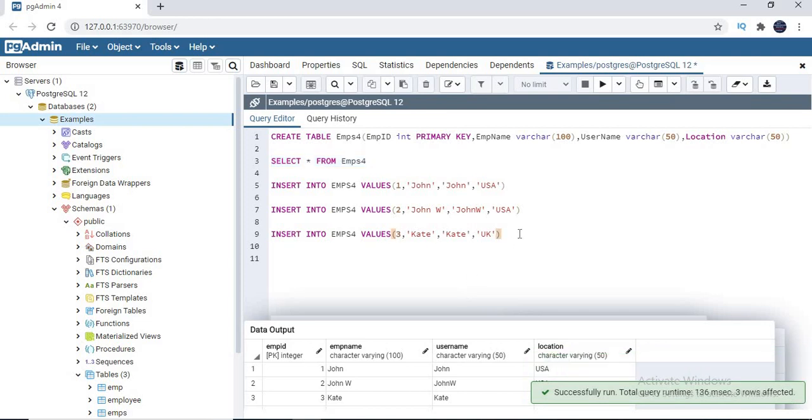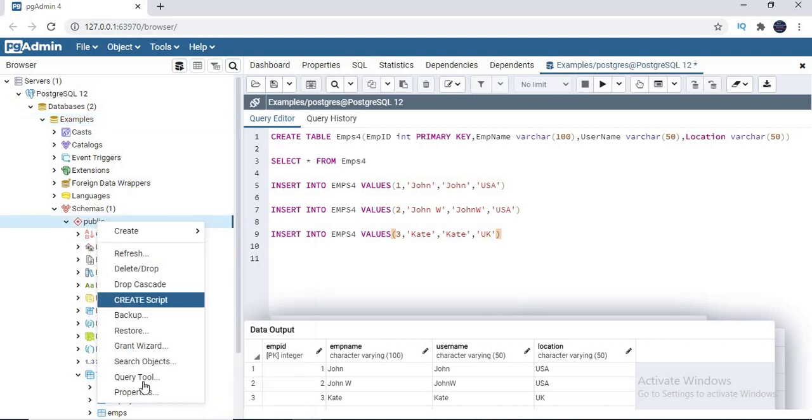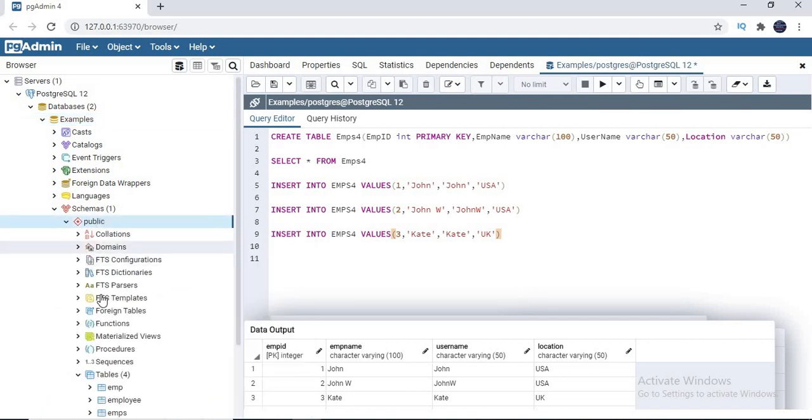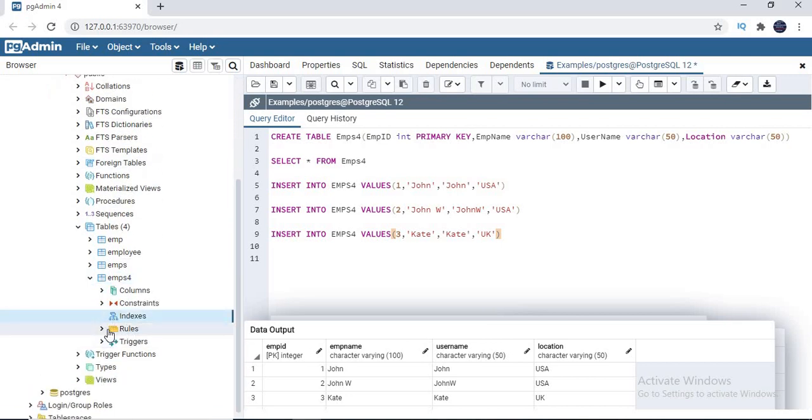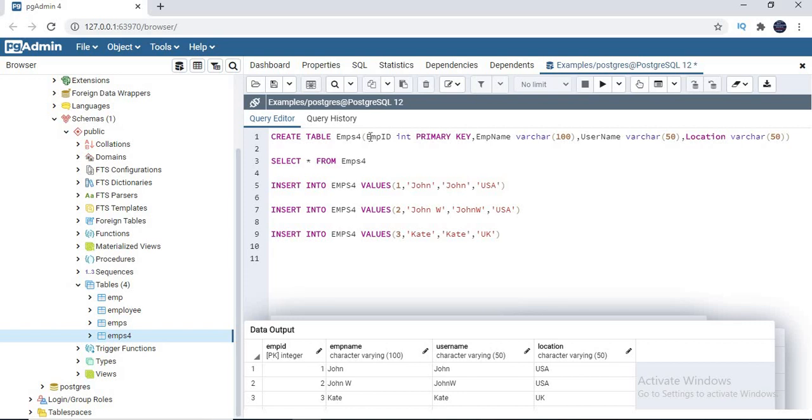And as I mentioned, I'll show how to declare a primary key in another way also. And as I also mentioned, it internally creates an index on the particular table. You can see that. Let's refresh this. If you expand this, you can see here some indexes, some constraints. You can see the constraint EMPS_4. Now let me show you the other way of creating the primary key on the table. Let's take the same syntax with a different name of the table. Let me keep it as 5.